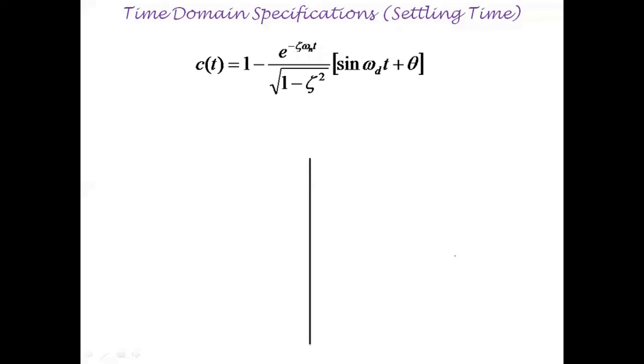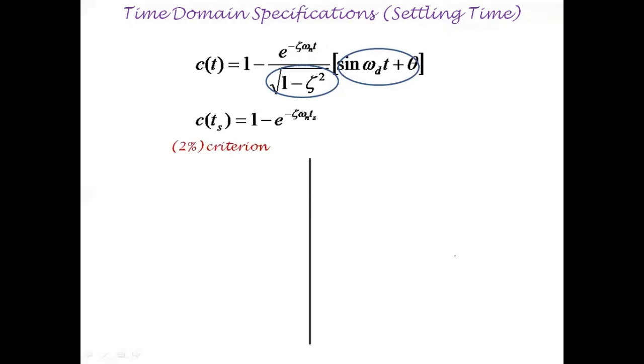First I have written the response again here. And then we know the condition for settling time. And we know that the zeta and sine, that is the damping and the oscillating factor, will not come into picture as it is coming to settle down and going to reach the final value. So the condition is at t is equal to ts will be replaced by c of ts is equal to 1 minus e to the power minus zeta omega n ts.